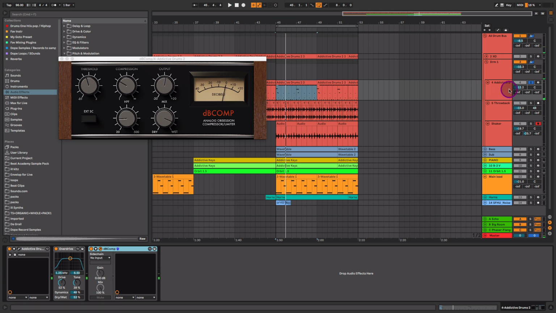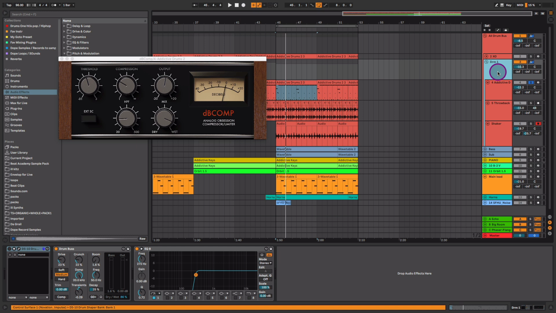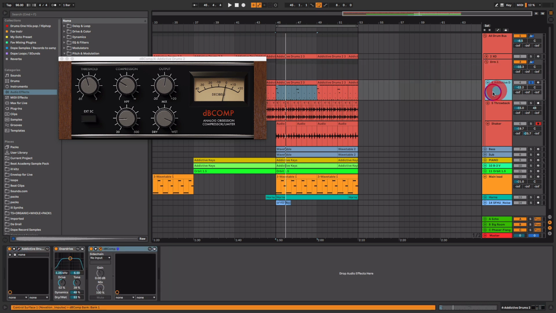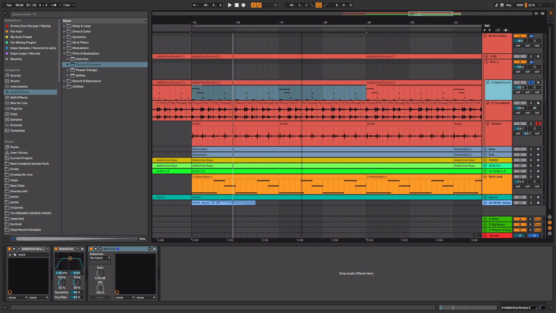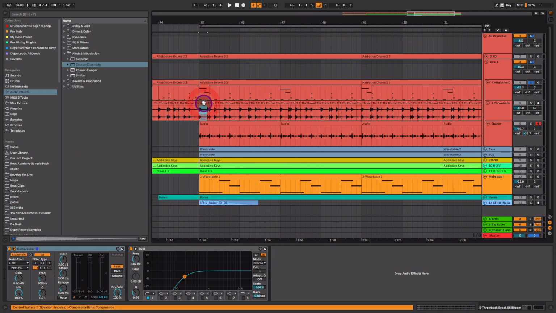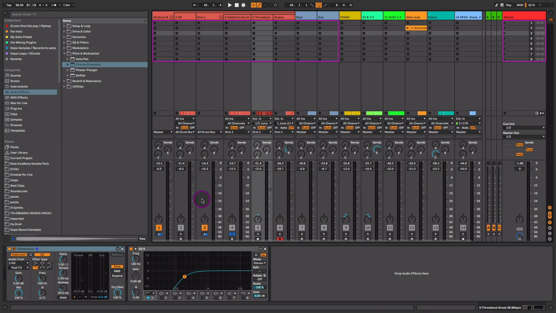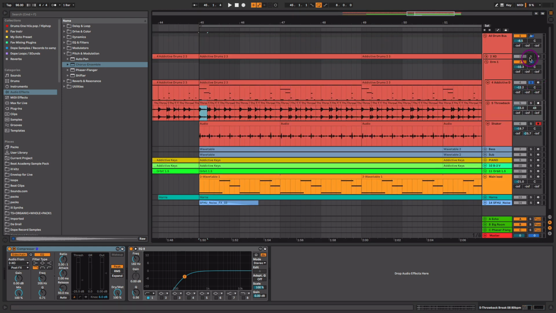Now, as you're listening to this, you're thinking, wow, it sounds really thin. What's going on? Well, that's because I have it grouped to a drum bus, which then is using an EQ to shave off the low end. So with this, I then will layer this with a drum loop. And this is important because this is what really adds a lot of the character and nuance to a drum groove. If I just had, let's say, my acoustic drum kit and my layered drum beat, which is just the kick and snare,